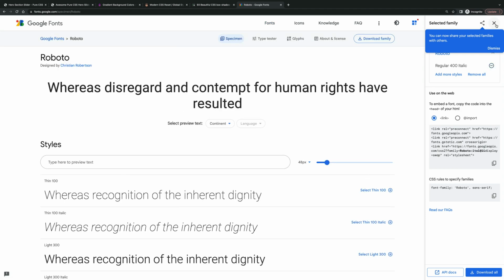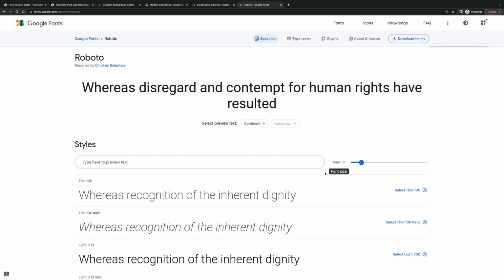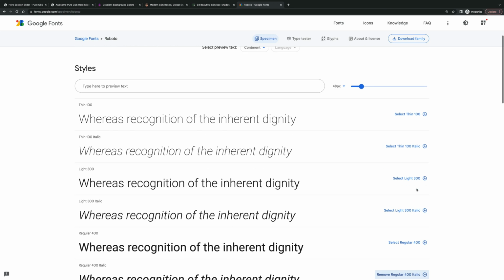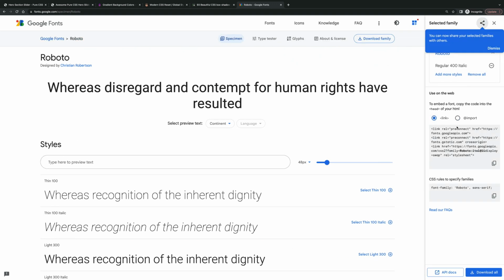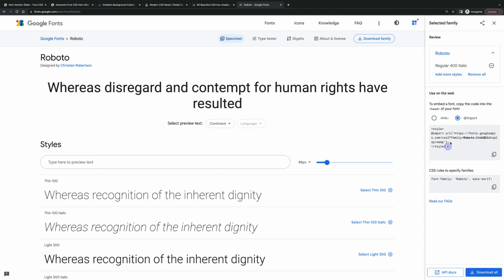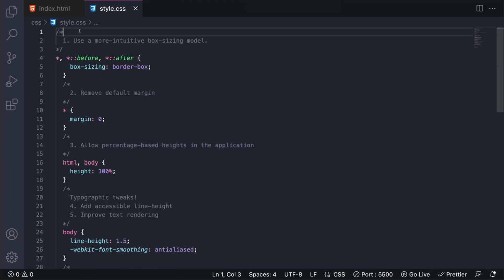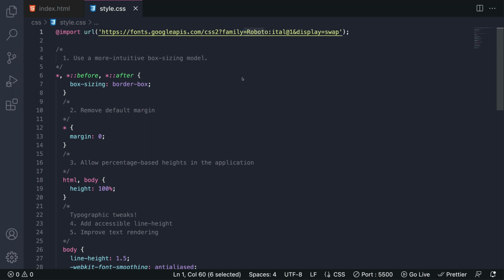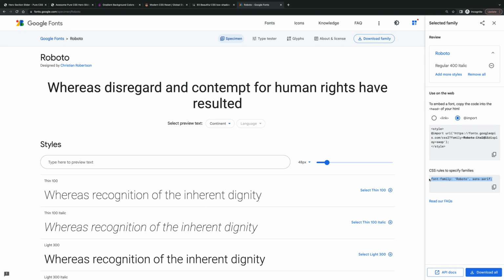I've already selected, right? So you can select the 400. Mine is like this. And when you select it, you're gonna have it, okay? Now, dismiss this. So yeah, here it is. I'm gonna choose the import, and I'm gonna import only this part, and go back to your style CSS file, put the import there, and this will allow us to use this font family,